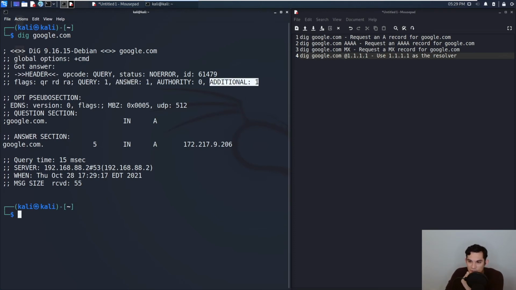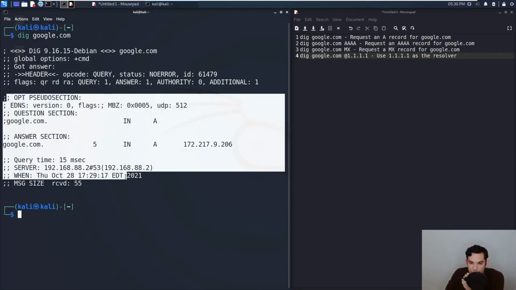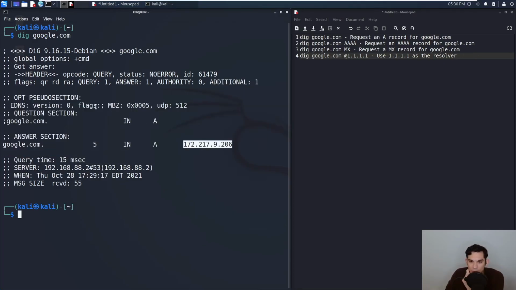And there's one additional bit of information that got sent back. Below this are the actual results themselves. Under the question section, we asked for google.com, the A record. That's what this A means. Then in the answer section, you can see google.com, A, and then the IP address.